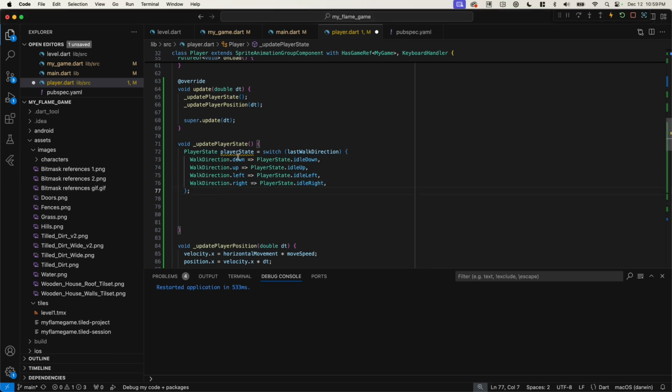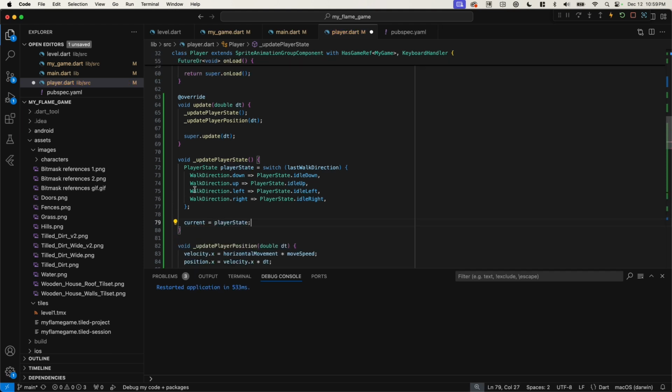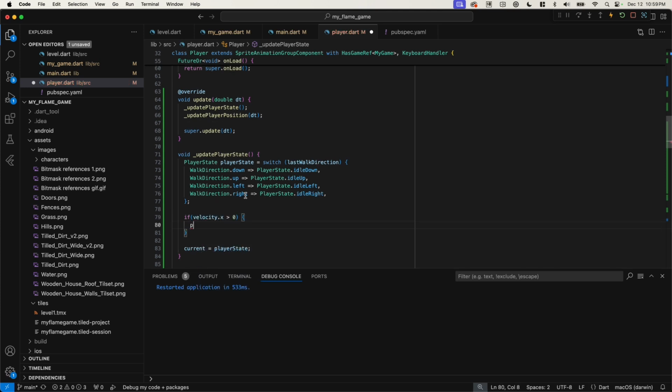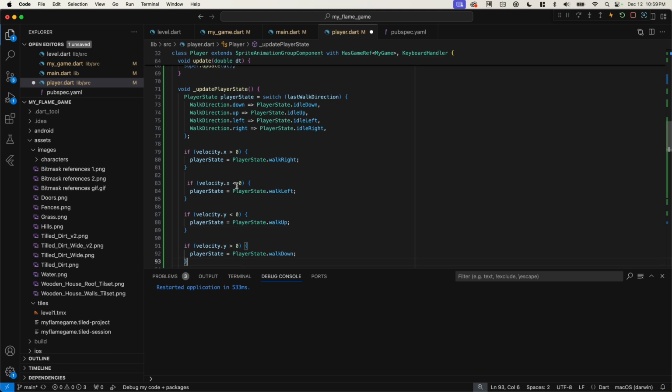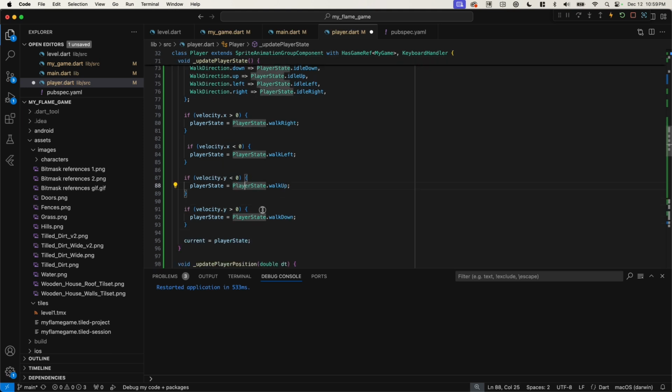Okay, so now we just set that, but we haven't actually set the state. At the end of this, we're essentially going to go current, just like we did in the onload, is going to be equal to this player state right here. But what we are going to do now is check some things. So let's check if the velocity.x is greater than 0, then player state is going to be equal to player state dot walk right. So we're going to use the walk right animation. Similarly, we'll check if it's less than 0, if y is greater, if less, that kind of thing. So we'll have x being greater, less, so we have left, right, and so on. Makes sense? Cool. So now, if we save that